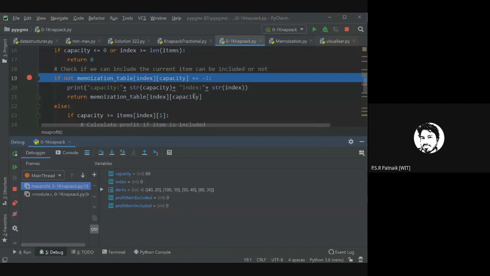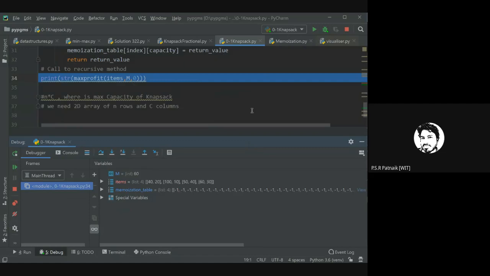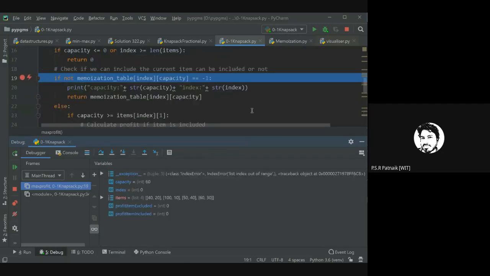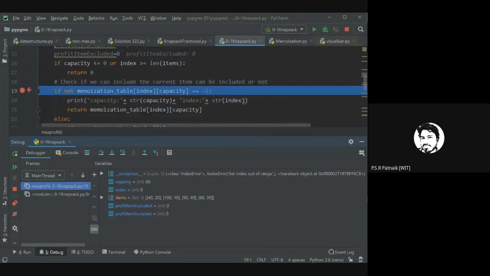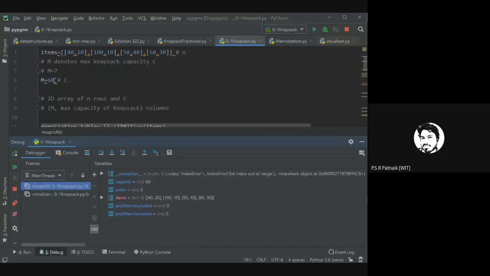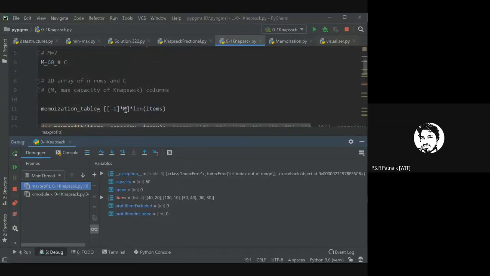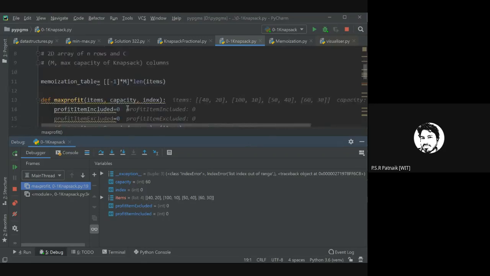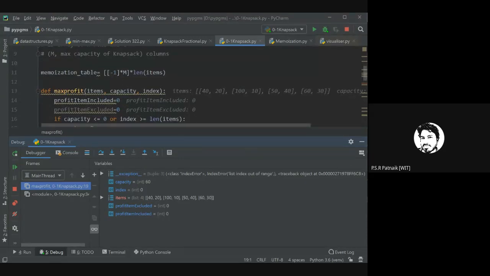I think I am doing it in reverse way. So this is it. Okay, now what is index? Index is 0. Capacity is 60. Okay, can you tell me where we went wrong? It is 60, and if I'm creating an array of 60, will it work? Arrays are always 0th indexed, right? So it is C plus 1 and C plus 1.